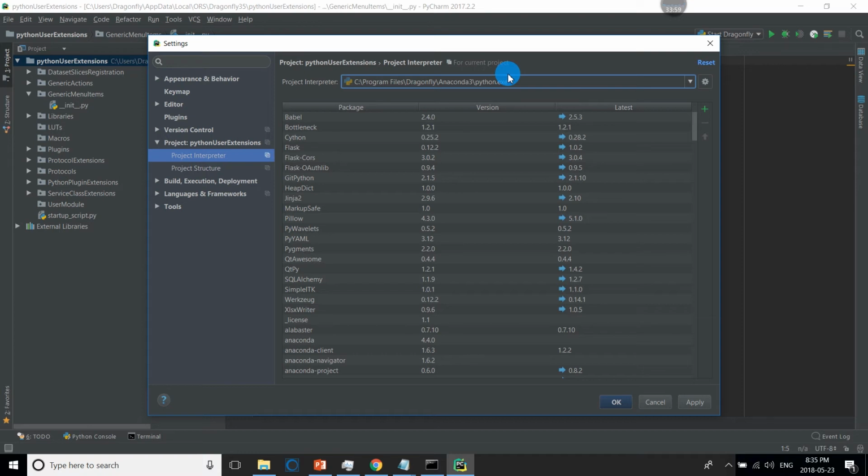Yeah. Okay. Yeah, I'm trying to change from Dragonfly 3.5 to 6. I'll use 6. Yeah.